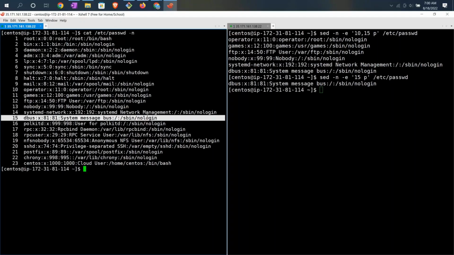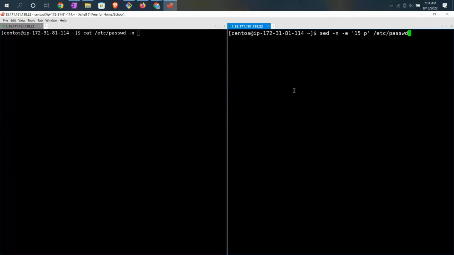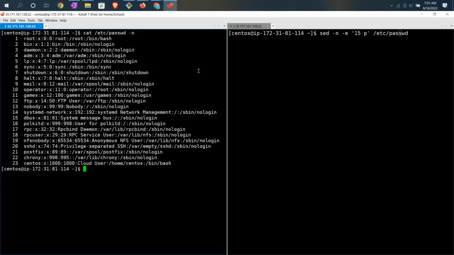That's all. Now, this is called a script expression. Okay, 15p, 10p. It's just a bash expression. It's a very common thing. Now let's say I want to print the 15th line and the 18th line. How? Just use hyphen